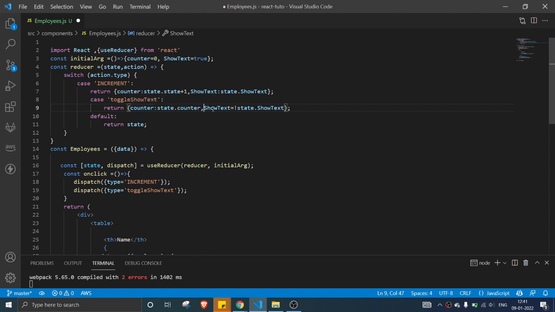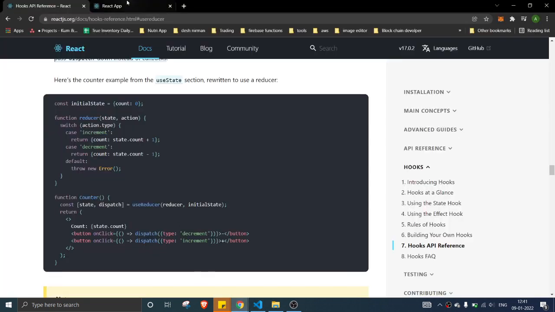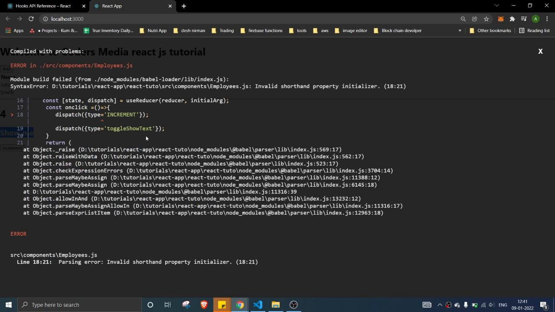Why? Because when I try to do the toggle, it won't get the latest state, so we should update the parameters. Okay, still we have an issue.